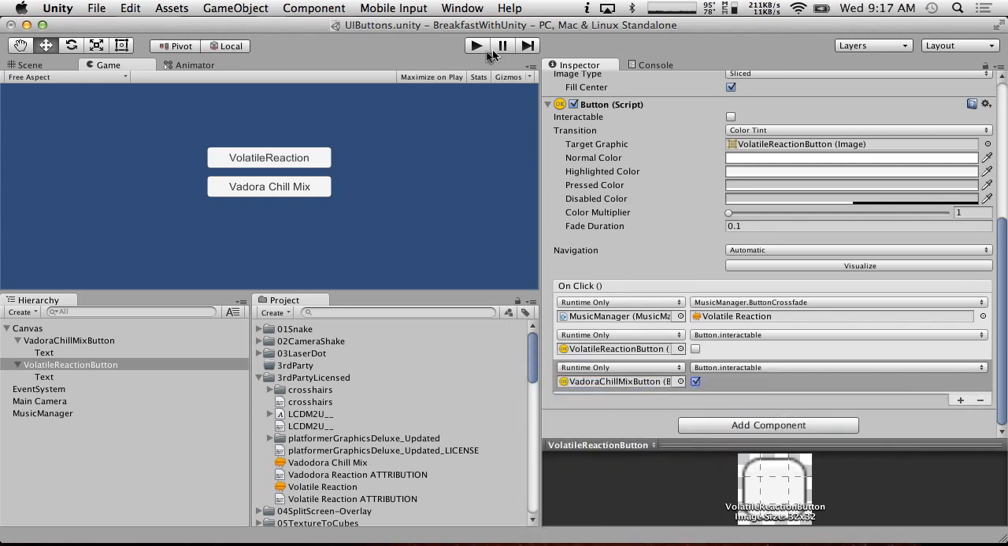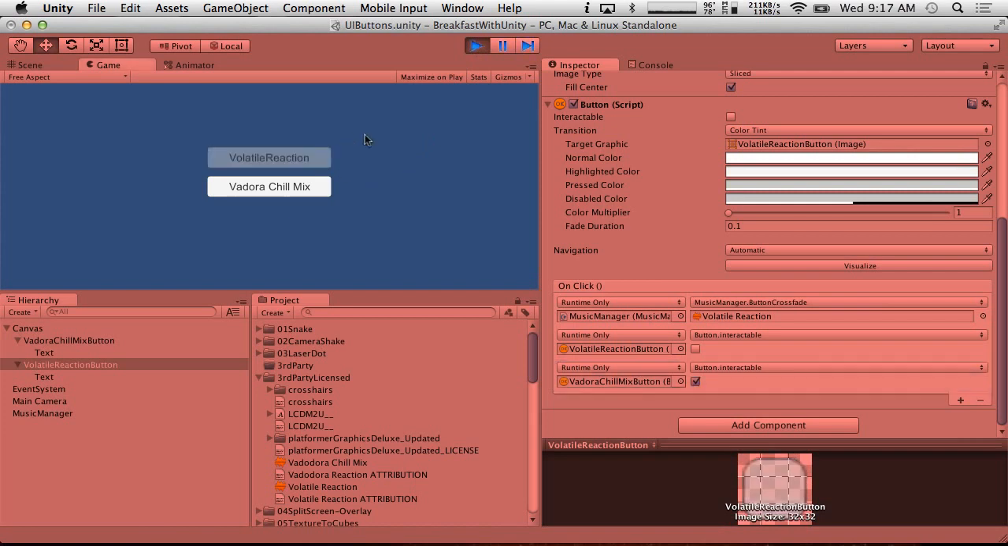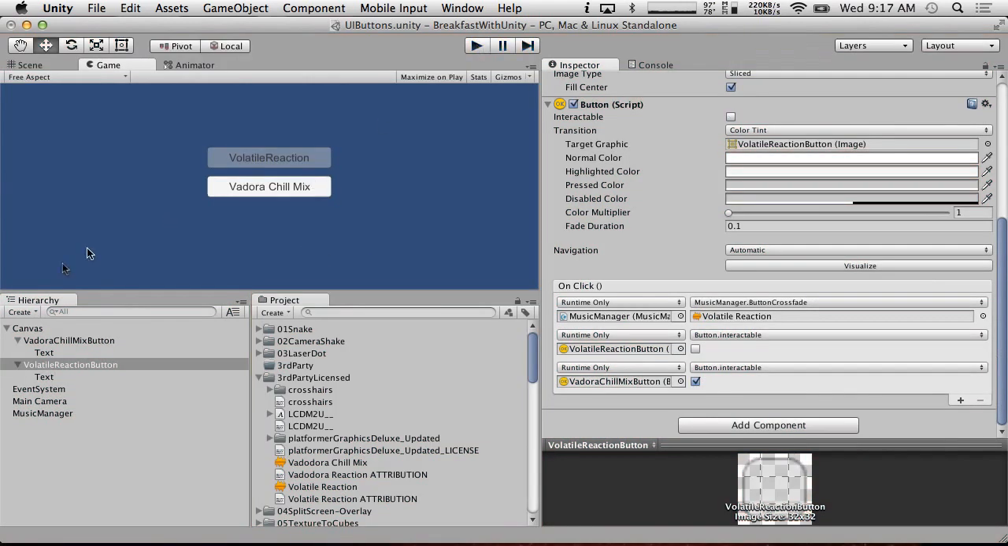And so now if we hit play, all of these functions should function. So volatile reaction is already playing, so it's blacked out. And we hit Vadodora chill mix, it switches to the new track, and it's blacked out. So cool. You could do additional things too, like if we wanted to add a little playing indicator as well,